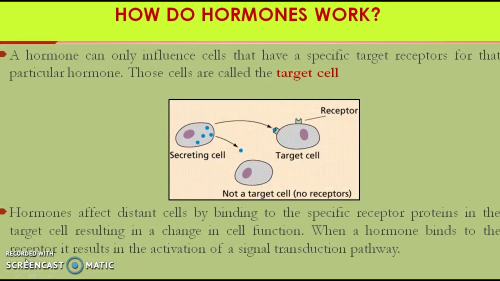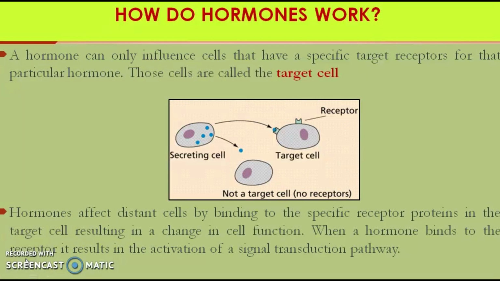Coming to the mechanism, how they work. A hormone can only influence cells that have specific target receptors for that particular hormone. Those cells are called the target cells. From the picture, it is clearly seen that there is a target cell and there is a non-target cell. We call a target cell a target because it has receptors attached to it, while a non-target cell does not